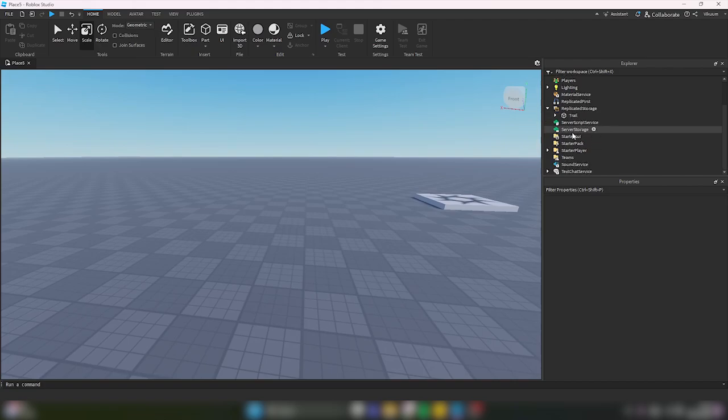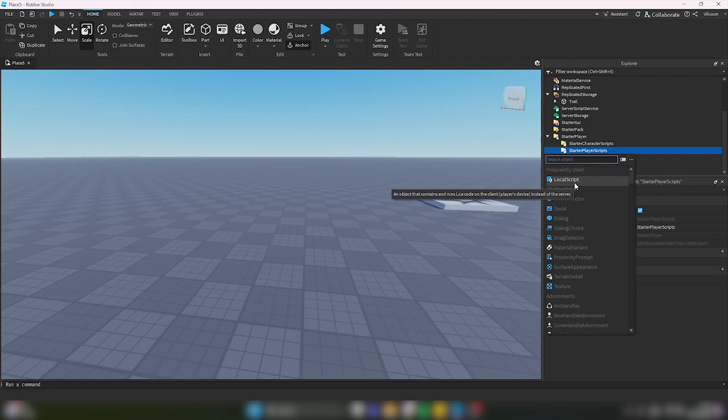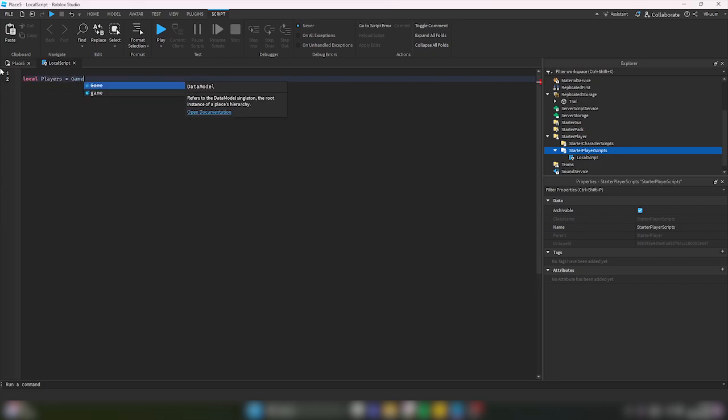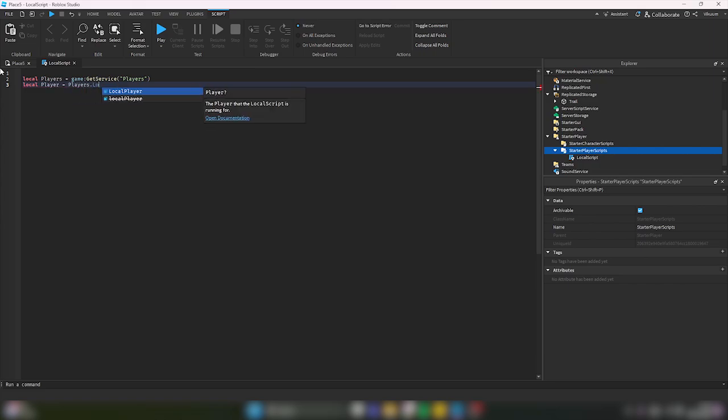Now to make each player have this trail, we go to StarterPlayer and StarterPlayerScripts, and we add a local script. If it's not there for you, you can just search it and you'll get it. Within our local script, we want to define the player service and then the current player whose character we're modifying. So we'll just do local players is game get service and players, and then we'll get the local player, who is players.LocalPlayer,